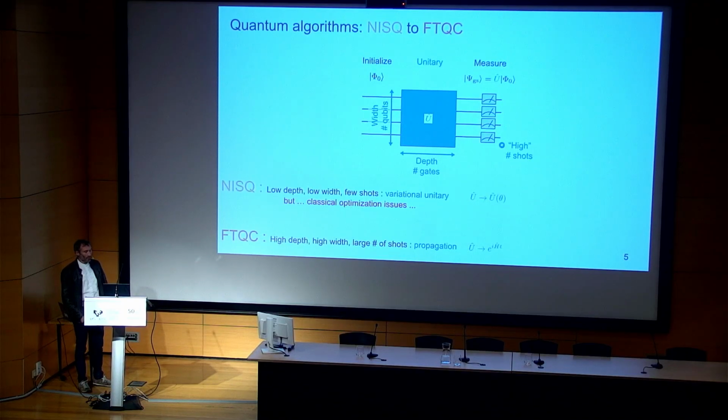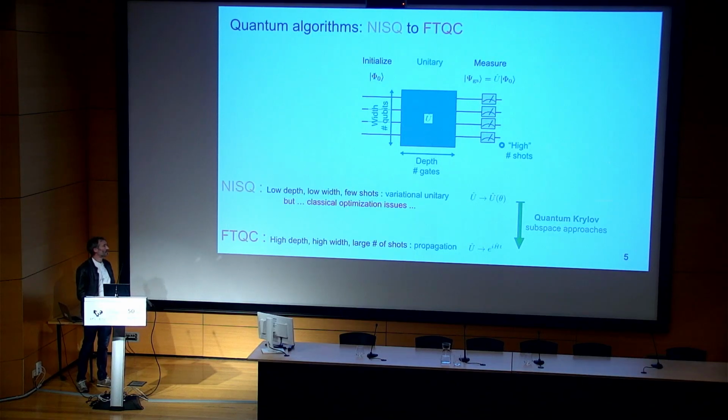Fault-tolerant algorithms are more based on quantum propagation. So the unitary transformation is more trivial in that case, since it's simply the exponential, the propagation. I forgot the minus sign. You just use the propagation of the Hamiltonian. And recently, there is a kind of hype on methods that are based on quantum